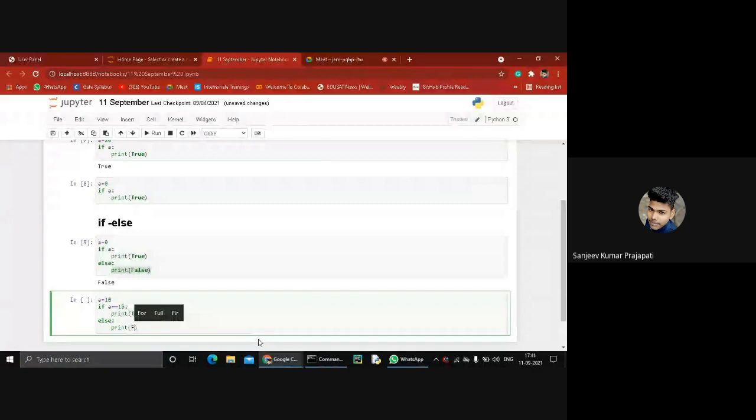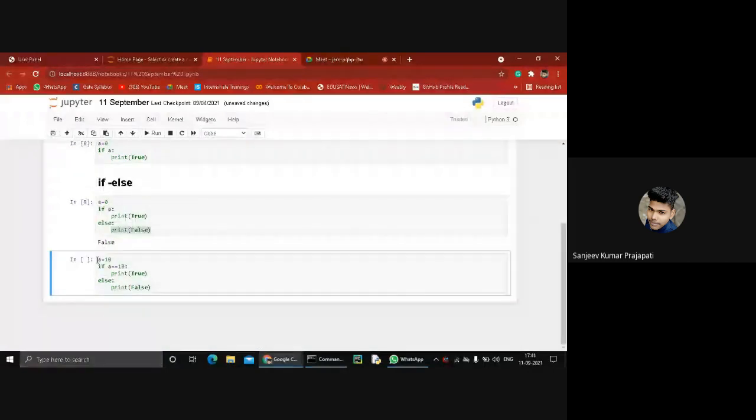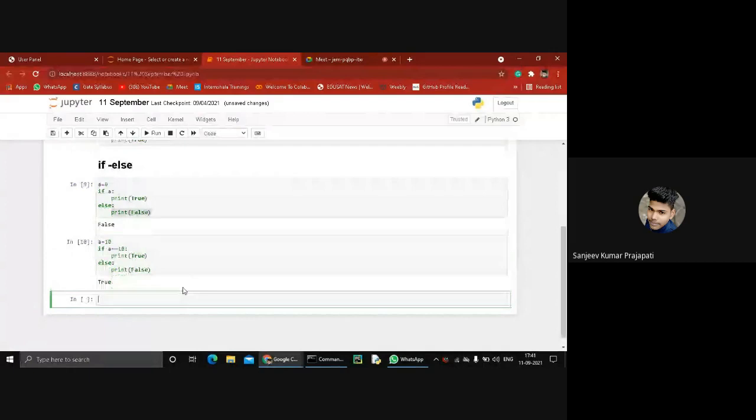What is the outcome coming from this statement? Any idea? True, sir. Yes, it returns true because the first statement is true. A equal to 10, definitely. Then it returns true. When the first statement is false, then it goes to the else part and prints it.